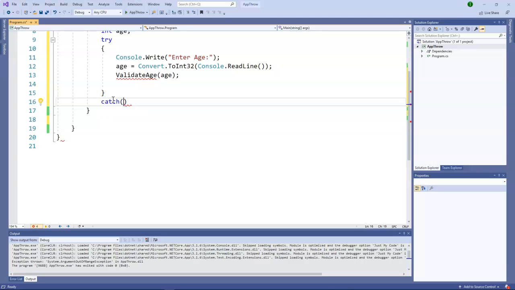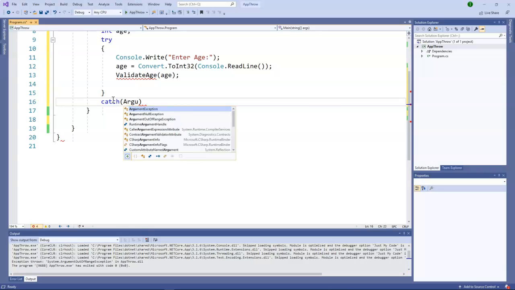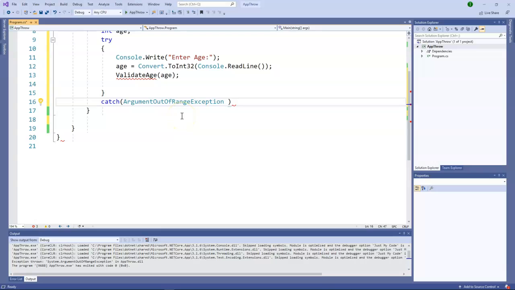Catch, what kind of exception do we want to catch? ArgumentOutOfRangeException. You can see that we get all the types of exceptions automatically available here in IntelliSense. You can select the one which is suitable here. Then we have to create an object of that, say ex1.